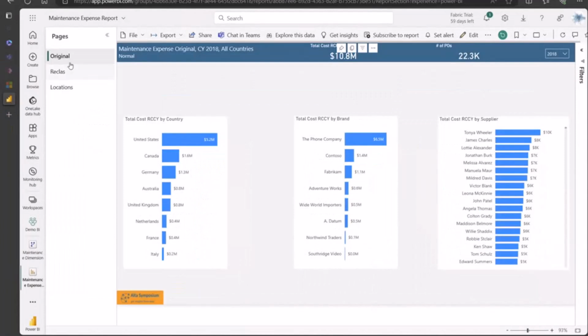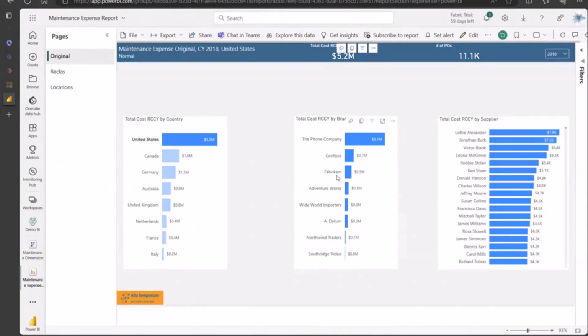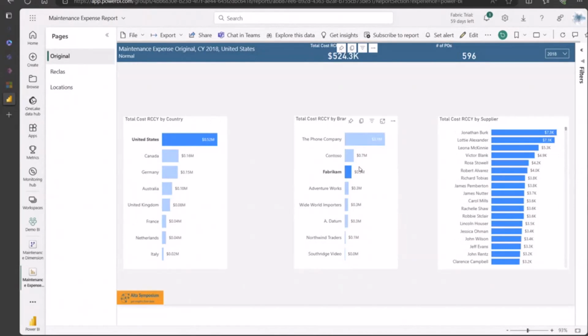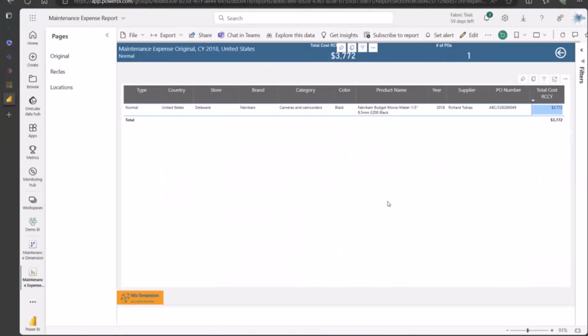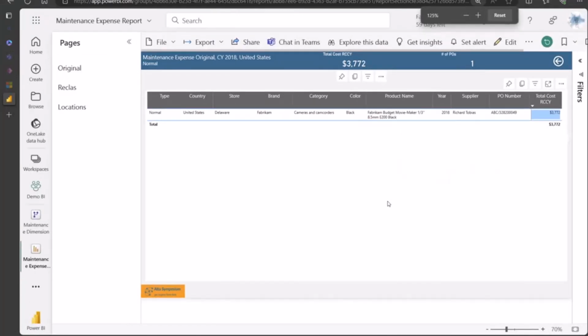And so the users are going to see this original report with their expenses. What they can do is just filter and go to a specific supplier, country, and check the purchase order, and they are going to see the detail. This purchase order says normal, and is from this store and this category,